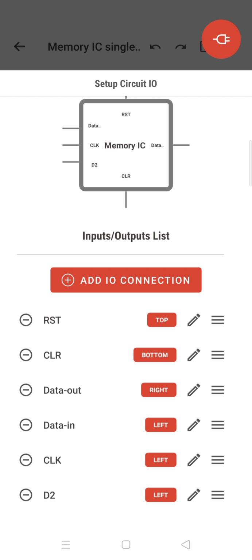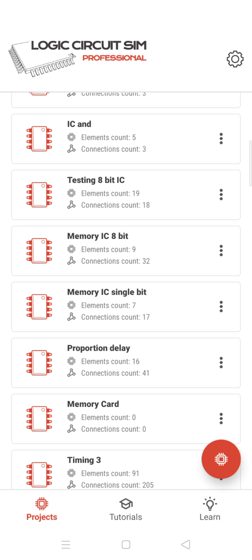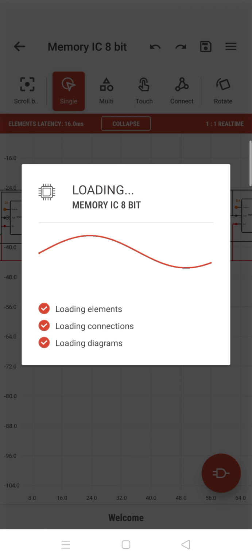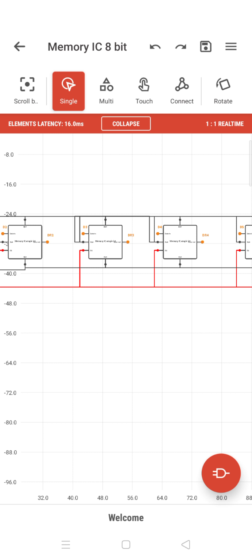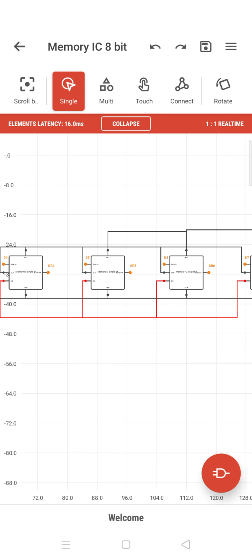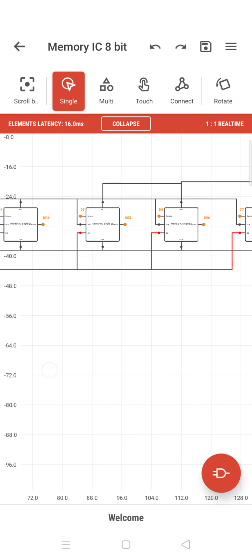Now I go back. So single memory we saw. That is a single bit IC memory, and we have an integrated circuit for that. For single bit, and now 8-bit. I have imported those ICs, put them in serial, some kind of serial like this, and then I have designed an 8-bit integrated circuit. This is an 8-bit integrated circuit.